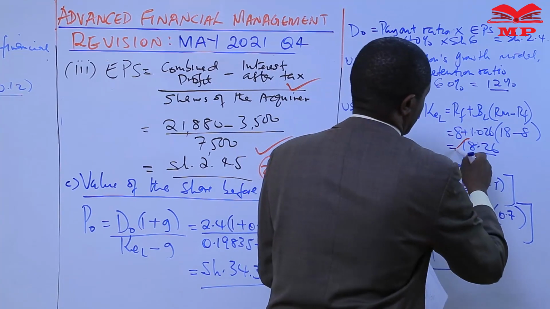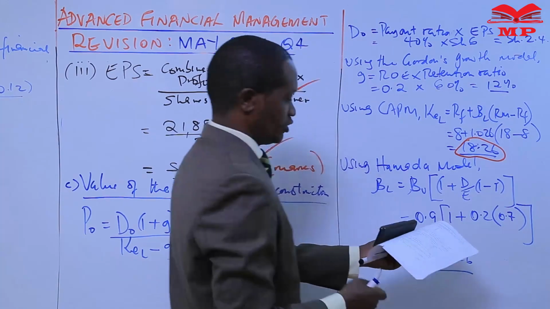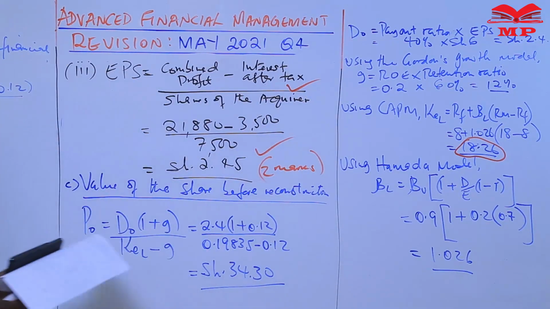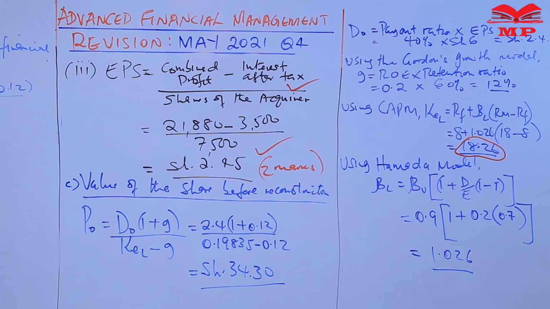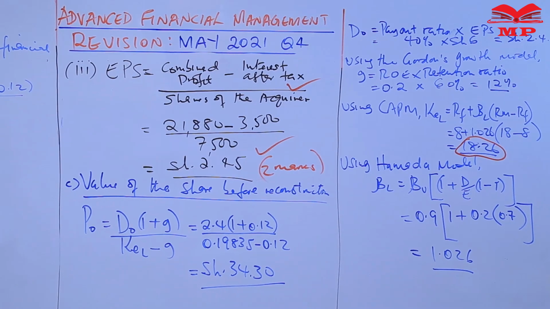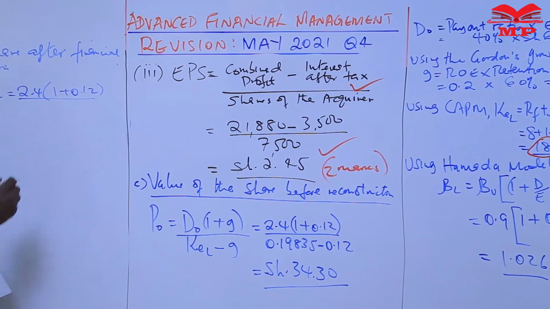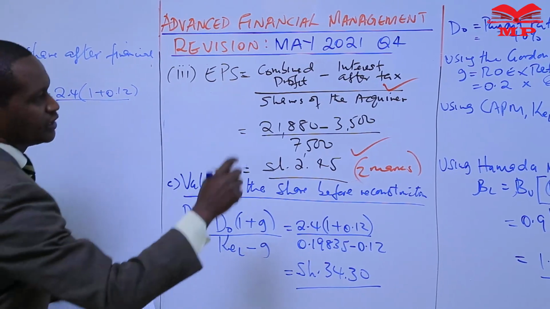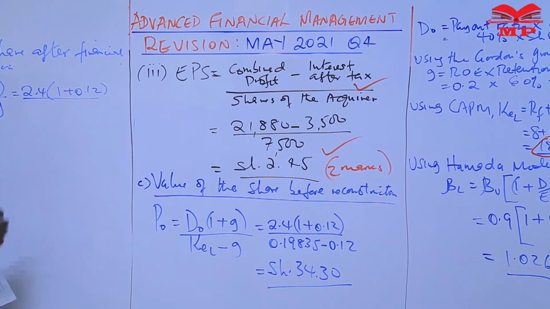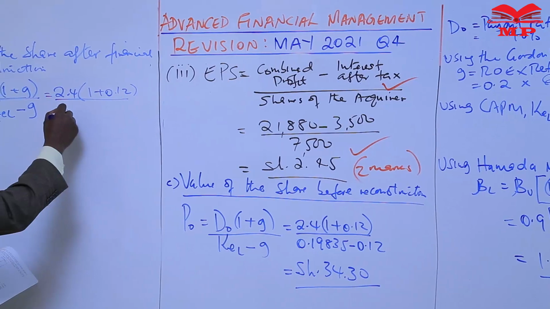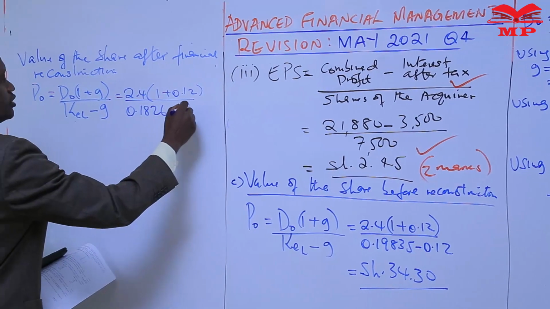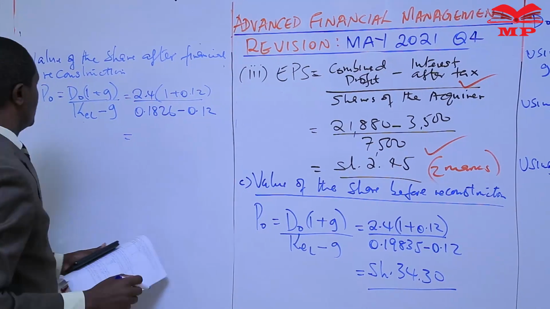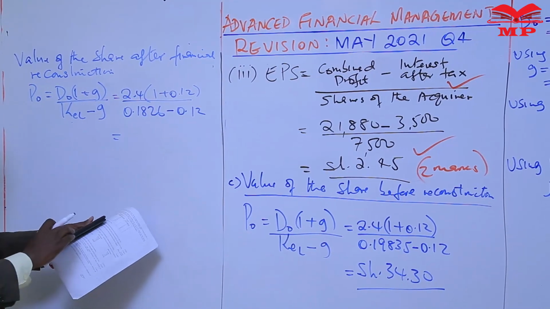That is the only thing that changes when calculating the value of the share after financial reconstruction. The cost of equity of the levered firm will change to 18.26%. When converted into decimal, this will be 0.1826 minus 0.12. Therefore, the value of a share will be equal to